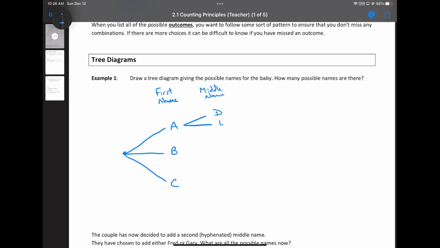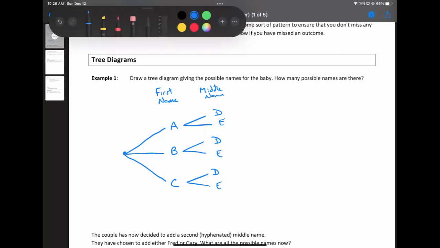So it's going to be David or Edward, David or Edward, or David or Edward. Okay, and then we're done. We've done all the possible decisions. And what I want you to note, as I'm just going to highlight one of these as an